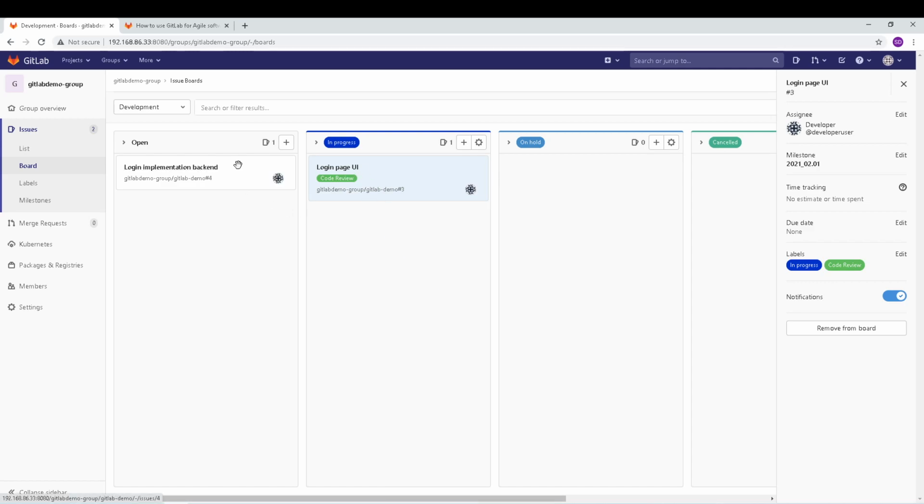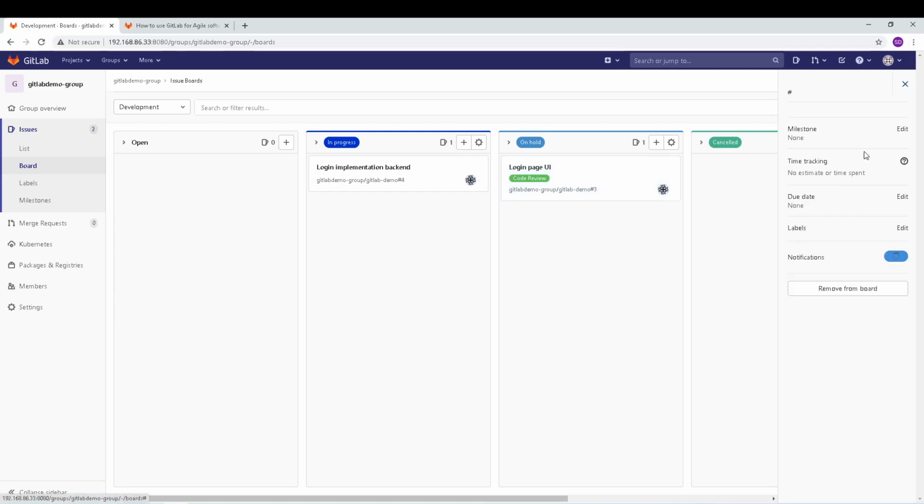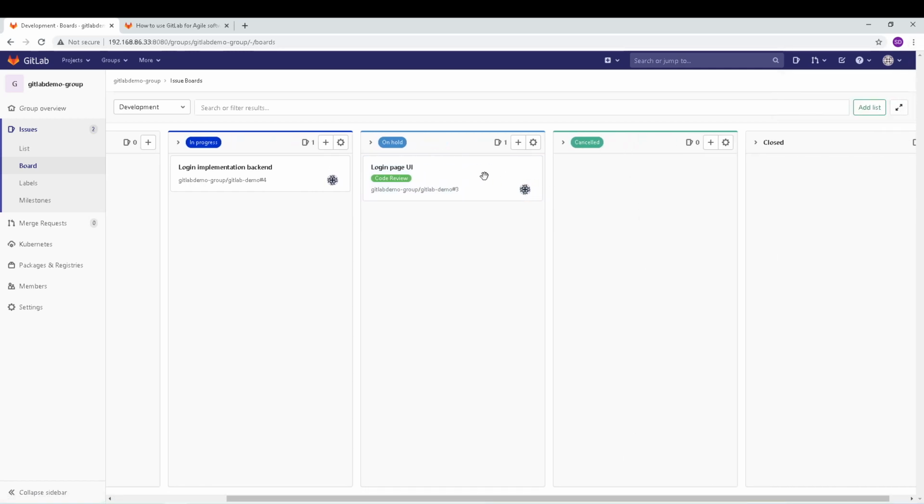And if you want to update the label for a story that is in open, you can just drag this and move it over to in progress, and the same thing you can do with other stories or issues here, and so on. You can continue doing that till the closed. So how it works is,